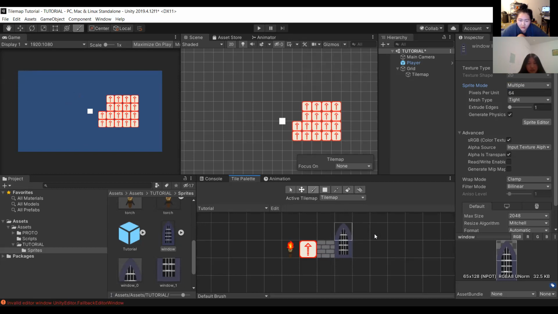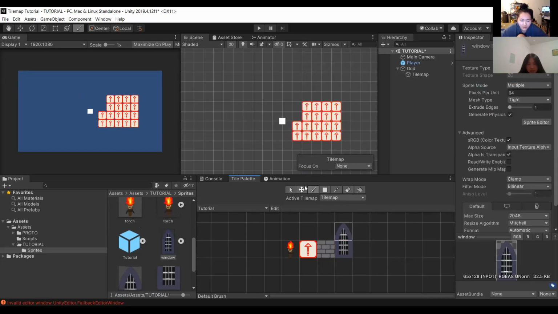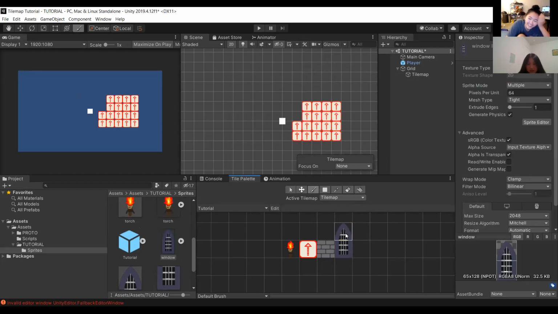And to draw these together, oh God. Okay, draw these together, you would click. Oh no, that's not it. How would you draw these together? I forgot. I will get back to you guys on that. I have slightly forgotten how to draw these together.